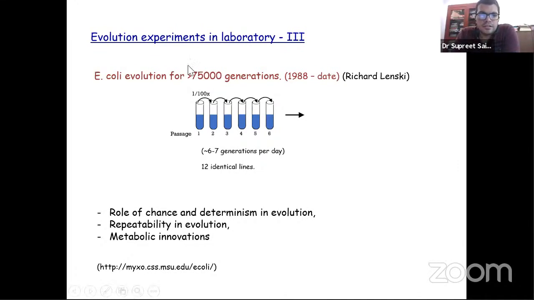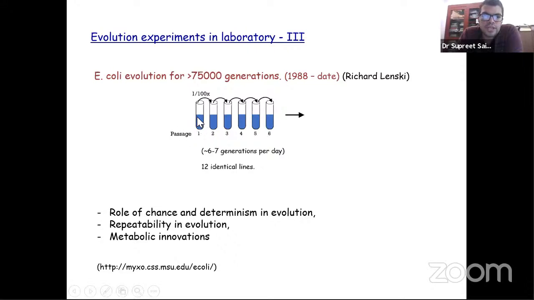And this evolution experiment, so I've already shown you two ways to do evolution experiment. This is the third way, and this is also the most common way of doing evolutionary experiments. What you do is you grow cells in a flask in any given environment that you are studying. In this particular environment, they are studying how E. coli evolves when glucose is in very short supply. So glucose is the carbon source in this experiment, but there is not a whole lot of it. So the cells have to adapt to become better at utilizing glucose. And what happens is that they will soon exhaust all the glucose that is available here.